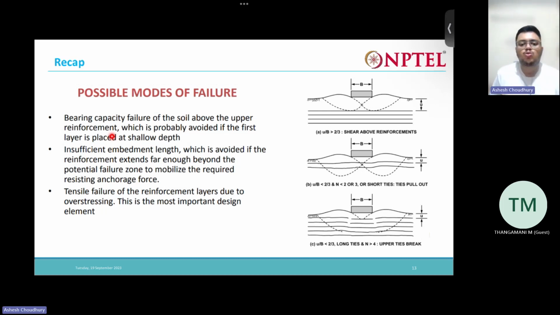Now in our case, where we are to reinforce the soil and increase the bearing capacity of a foundation, these three modes of failure can happen: mode 1, mode 2, and mode 3. Okay, these three modes of failure might happen. In this case, what happens is that,